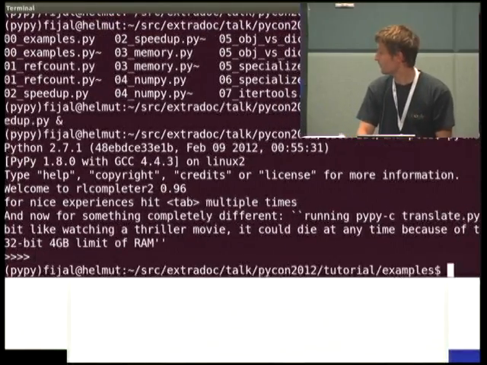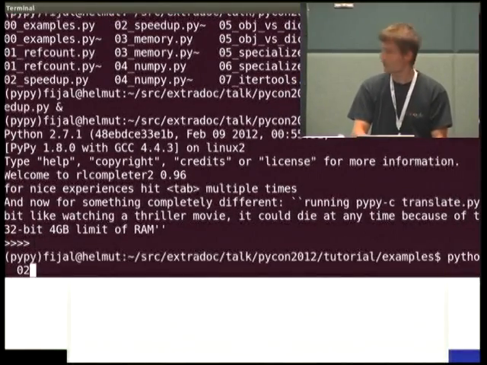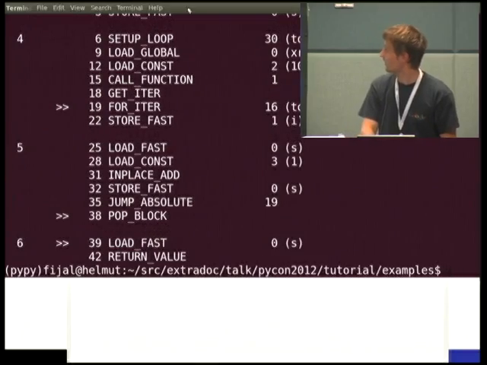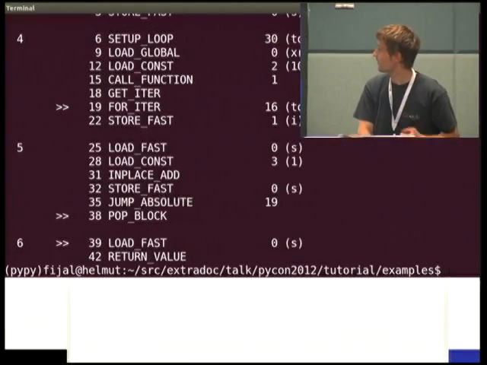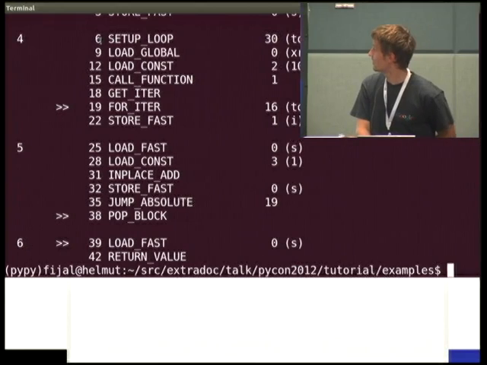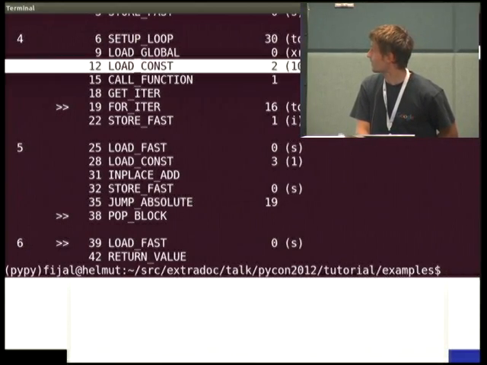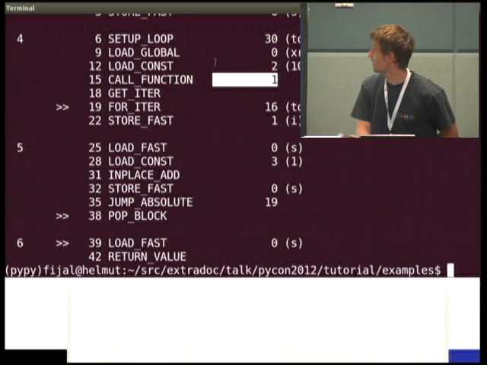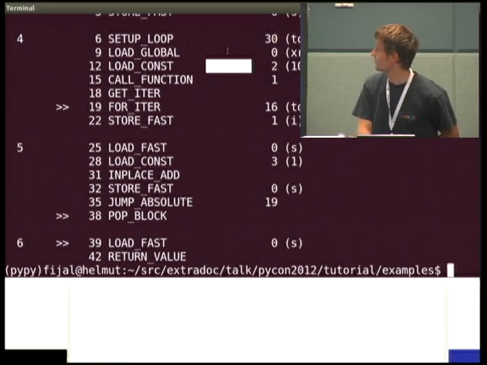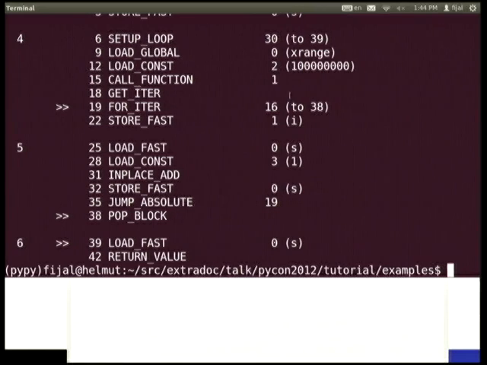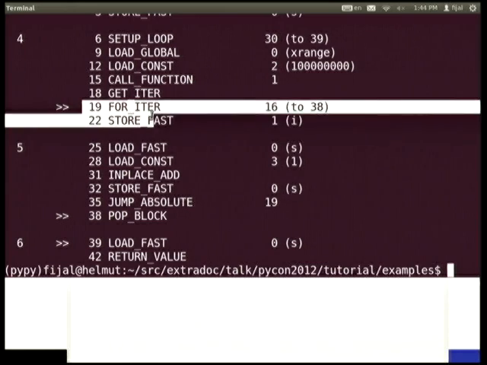If you run the example, it will display the bytecode. The bytecode is setup loop, then you load the global xrange, then you load the constant, and then you call the function, which will pick up a variable and a global, which is xrange. Then we have a loop, and the loop starts here at for iter.